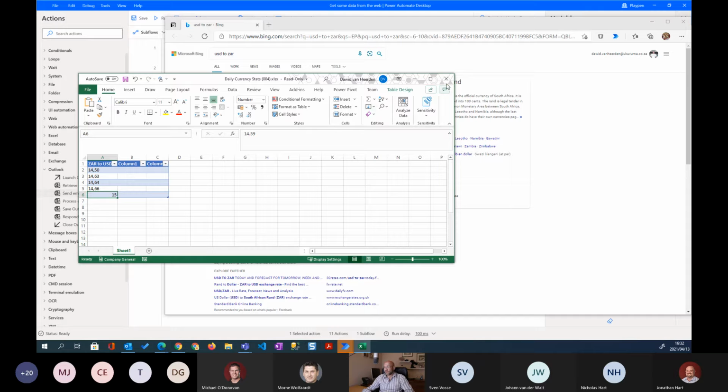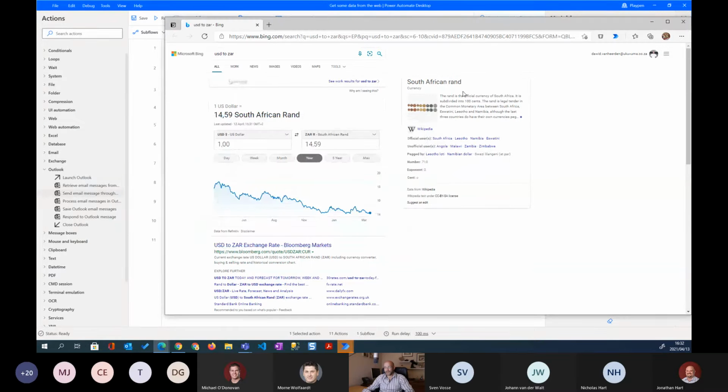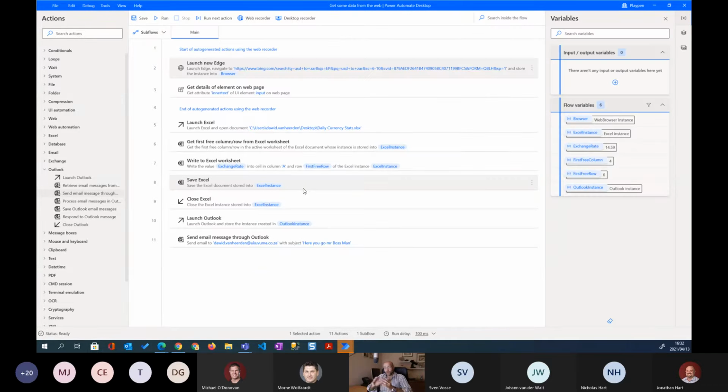So essentially, that's a very quick demo of how you build these flows. Hugely powerful. Think of it as a macro that actually spans applications. So you can record actions and functions between various applications, including legacy, which I think is going to be a big use case for this. So I'm about to hand over to Michael to show us some more cool stuff.